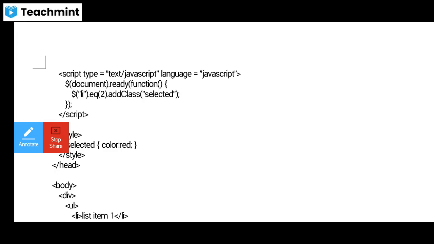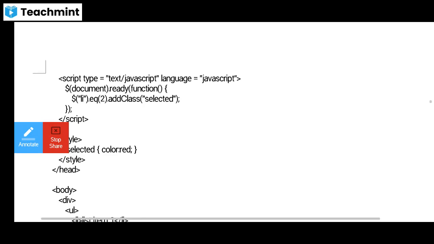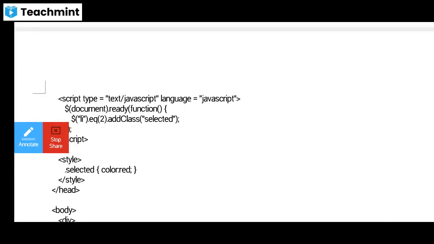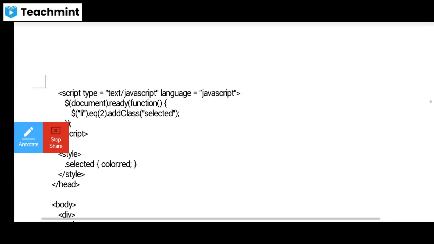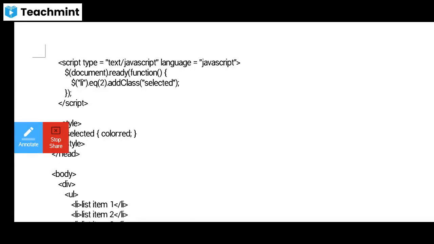So here by using this particular dollar sign and list, we are going to close this JavaScript process, and the JavaScript is going to end here.